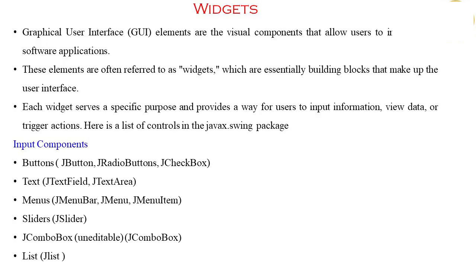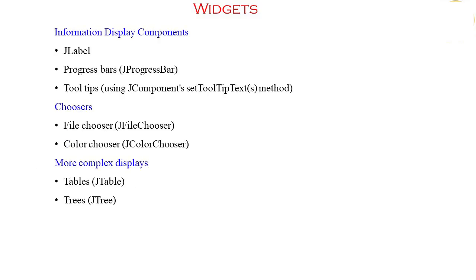Here is a list of controls in the javax.swing package. Input components: JButton, JText, JMenu, JSlider, JComboBox, JList. Now information display components are JLabel, JProgressBar, and JComponent setToolTipText. Chooser components are file chooser and color chooser, that is JFileChooser, JColorChooser. More complex displays are JTable, JTable, J